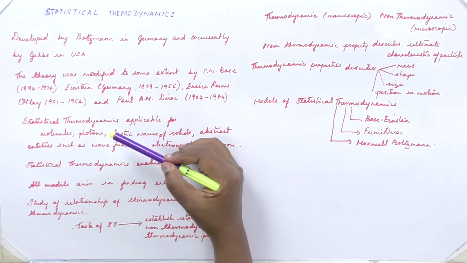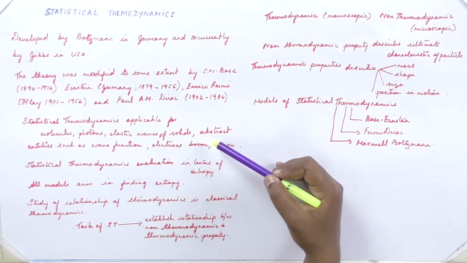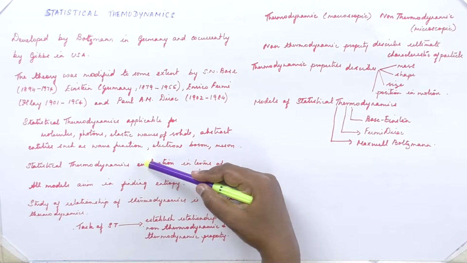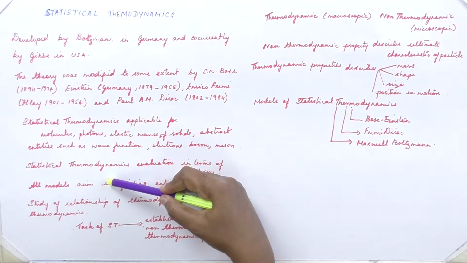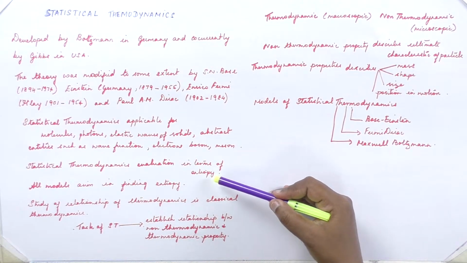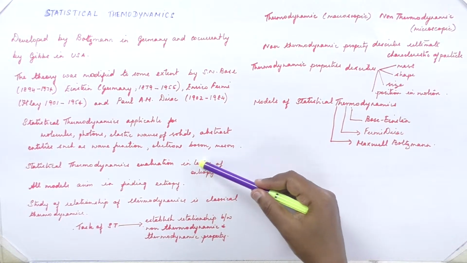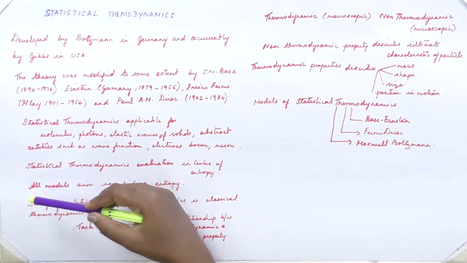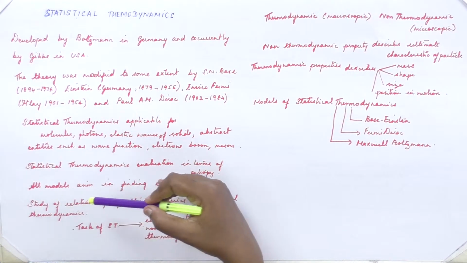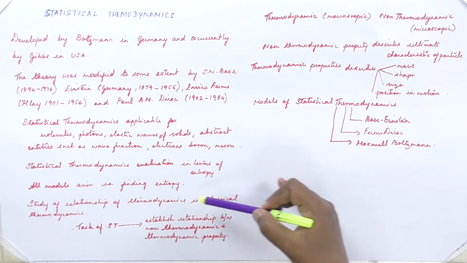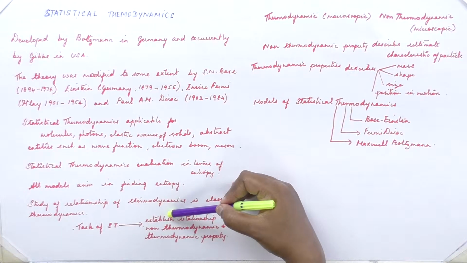Statistical thermodynamics is applicable for molecules, photons, elastic waves of solids, abstract entities such as wave function, electrons, bosons, mesons. This statistical thermodynamics is evaluated on the basis of entropy. As we know, entropy is the randomness of atoms and molecules in the system. All models are aimed and designed at finding out the entropy. The study of the relationship of thermodynamics is classical thermodynamics, and the task of statistical thermodynamics is establishing the relationship between